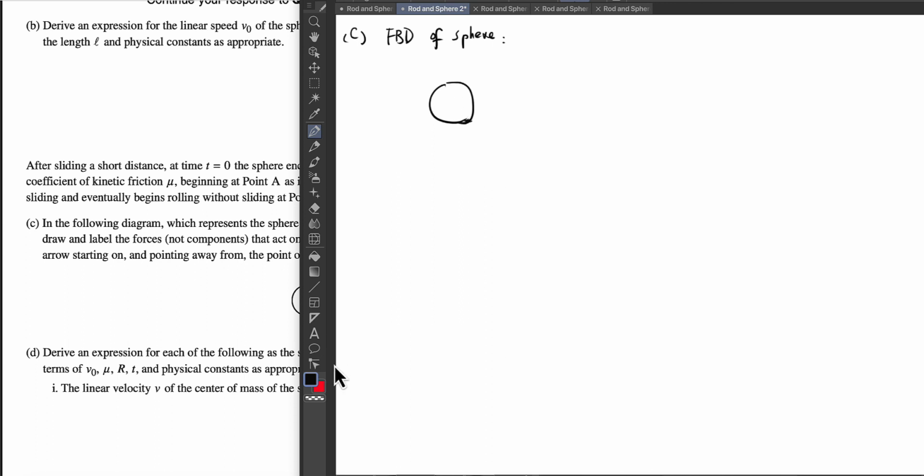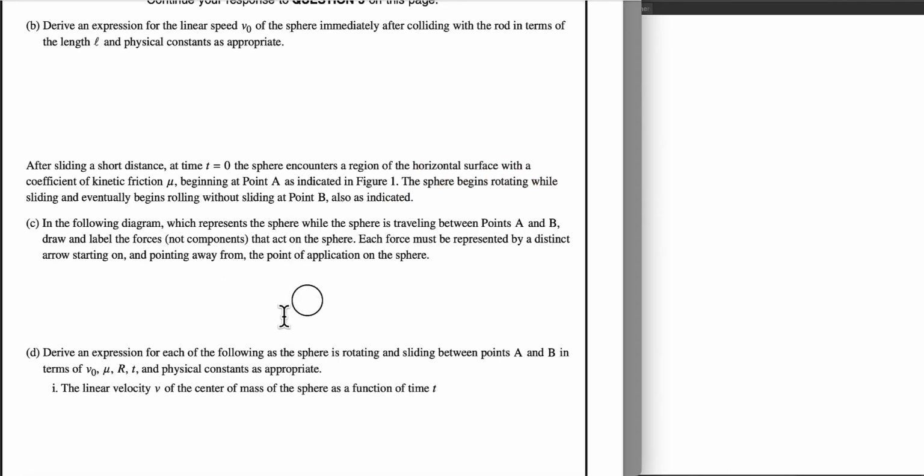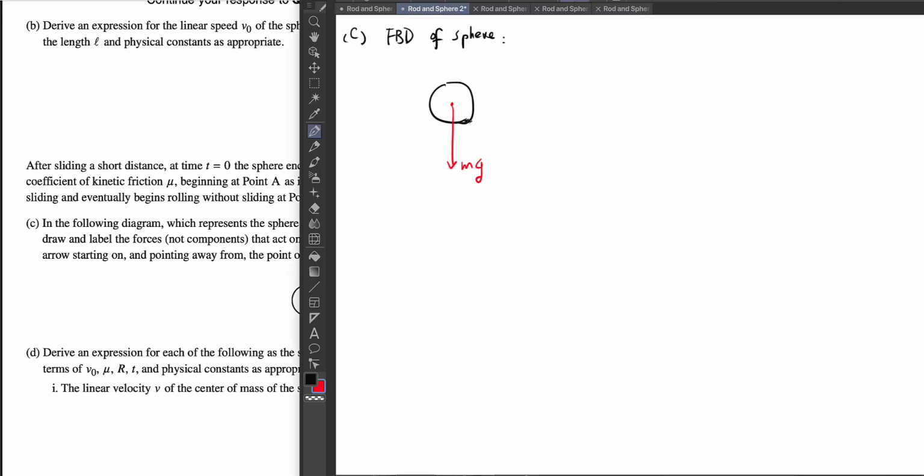Okay, now of course, the first one we think of is gravity, right? Gravity is acting at the center. Now the normal force, exerted by the ground on the sphere, is on the bottom point,